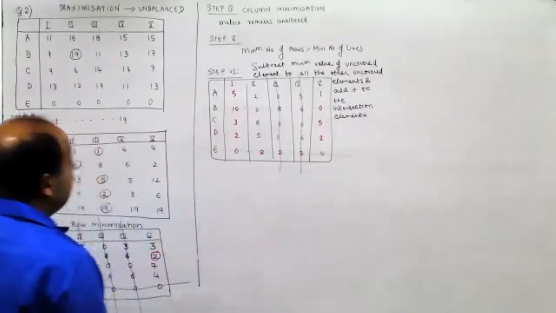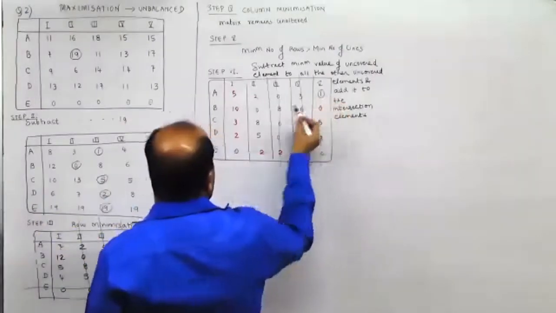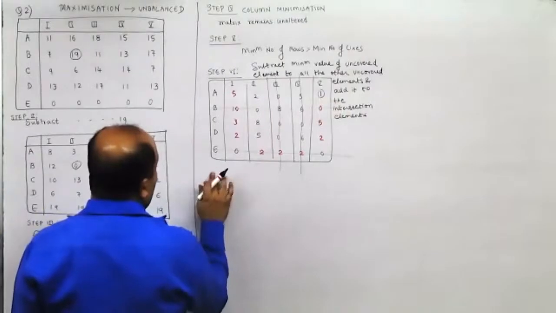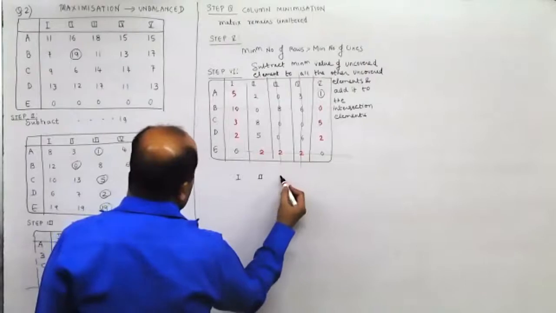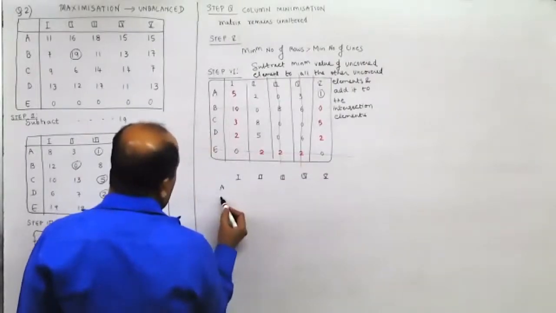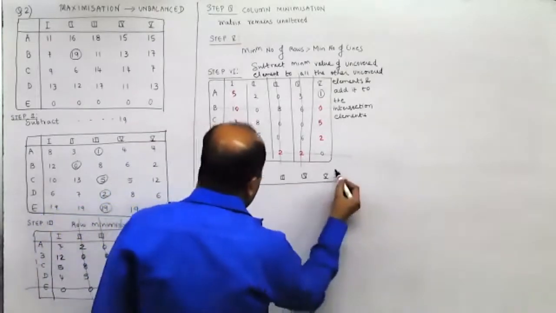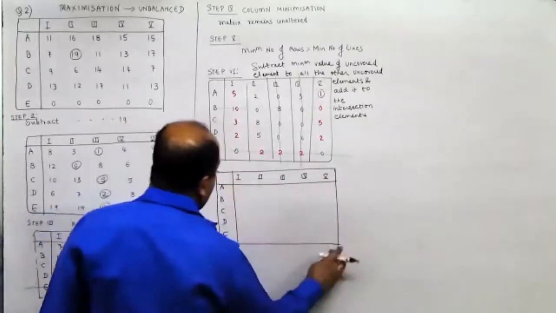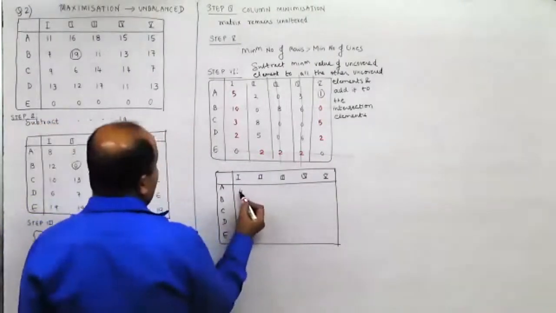Again, we'll have to consider the smallest element here. The smallest element is 1 here. So we'll have to subtract that from the uncovered elements. And we'll have to keep repeating it till the number of lines is equal to number of rows. The best part is I'm expecting the same questions for you in the board with the same numbers.